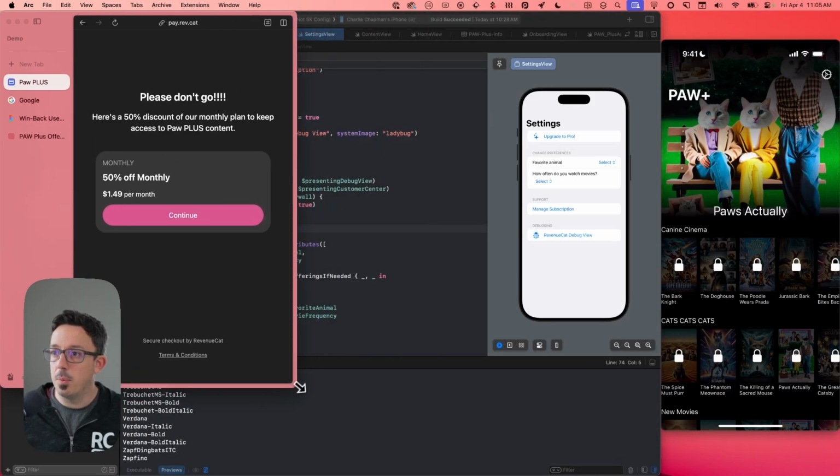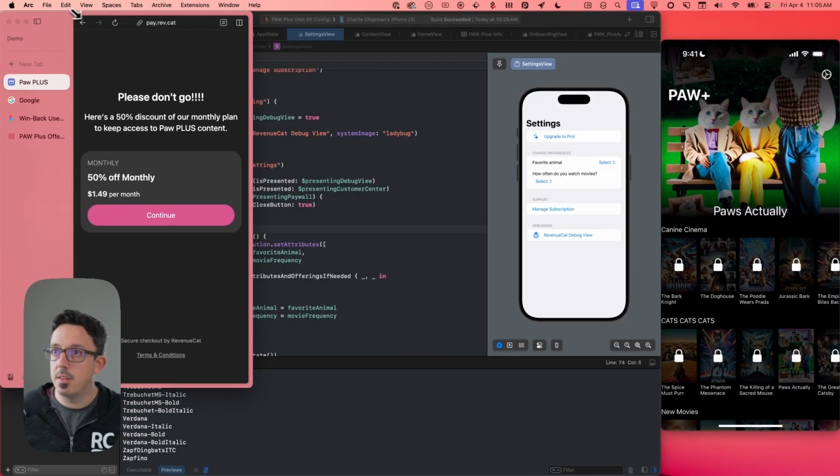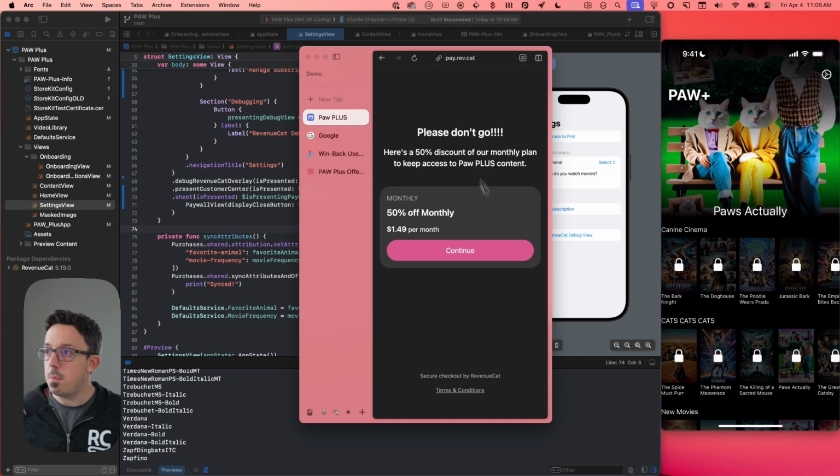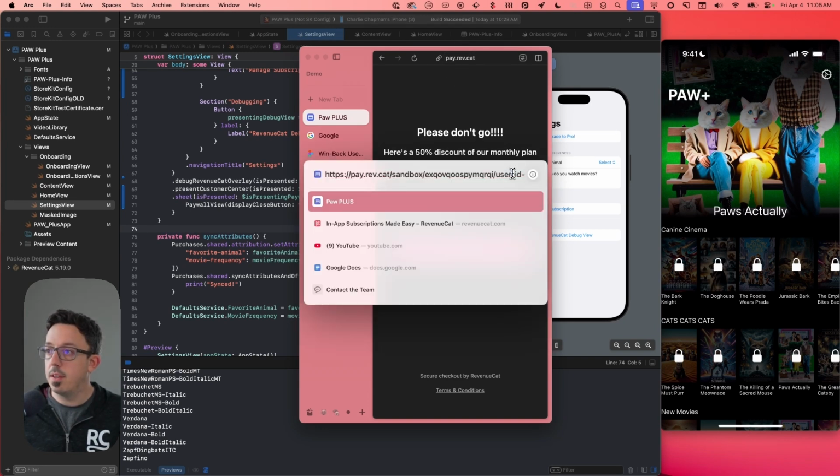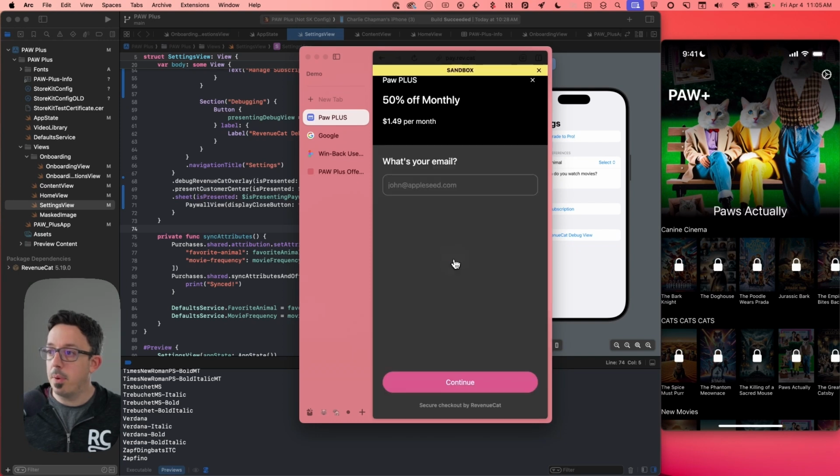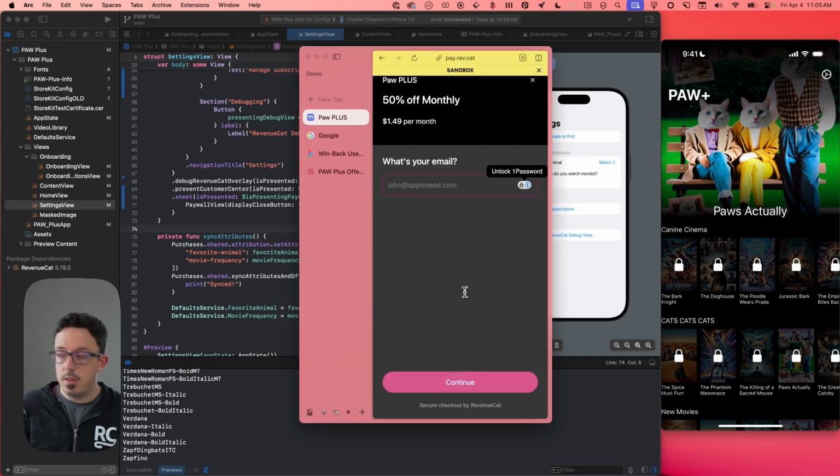but normally people are going to be on a mobile device. It's going to look something like that. And so this right here is what the paywall is going to look like. But this is associated with that specific user ID 12345. So if I make a purchase, let's just actually do that so you can see what this looks like. If I make a purchase and I link it to Charlie.Chapman plus user ID 12345,